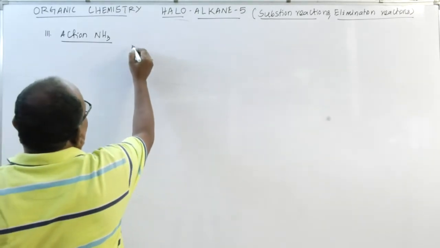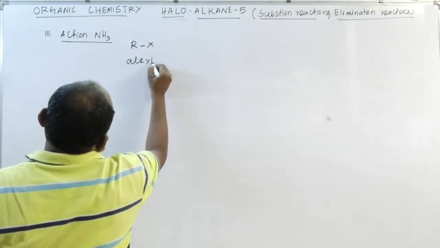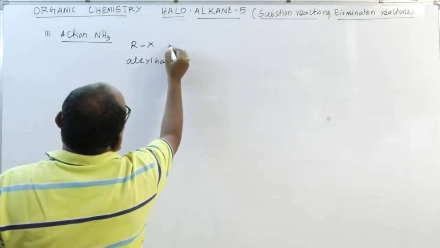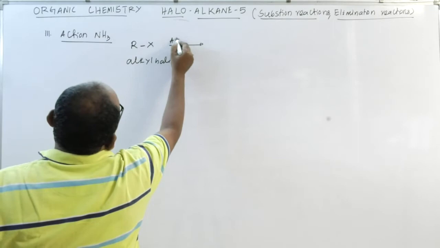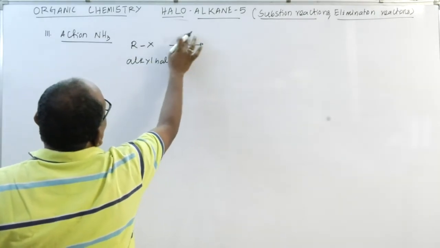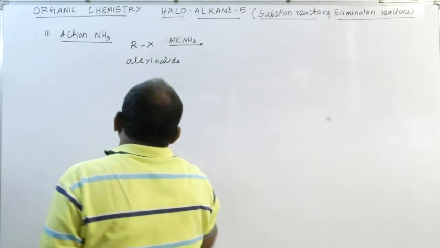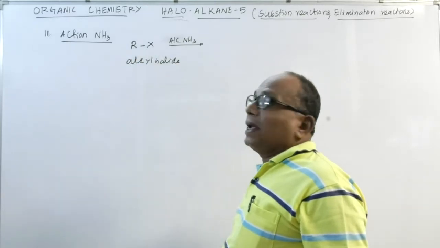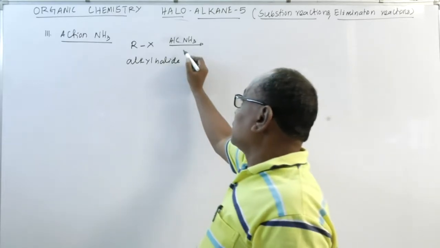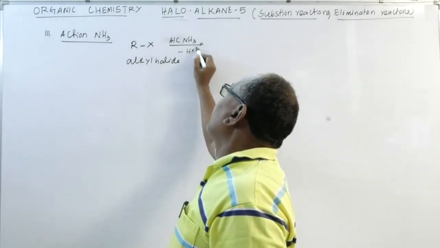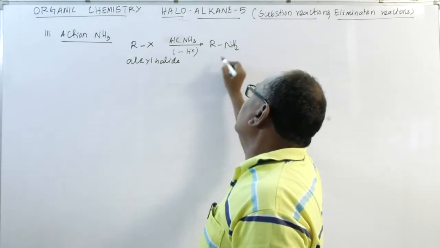When alkyl halide is treated with an alcoholic solution of ammonia, the halogen atom of the alkyl halide and a hydrogen atom of ammonia react to form a molecule of HX, which is lost, and it forms RNH2. This is your